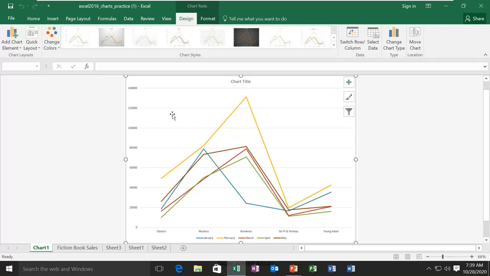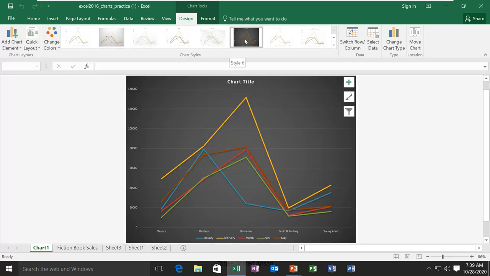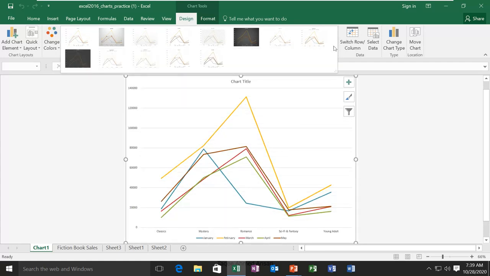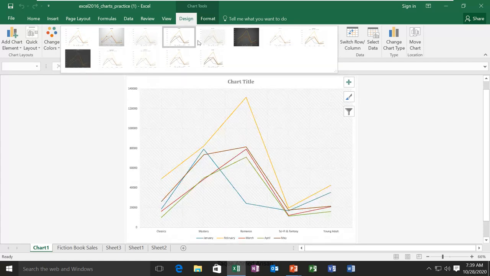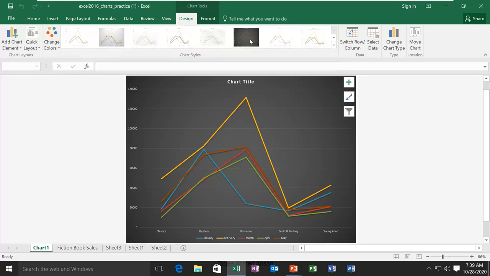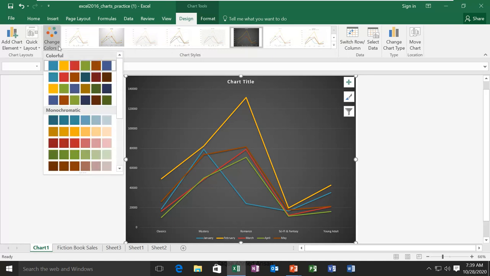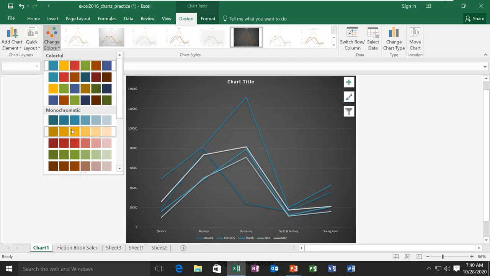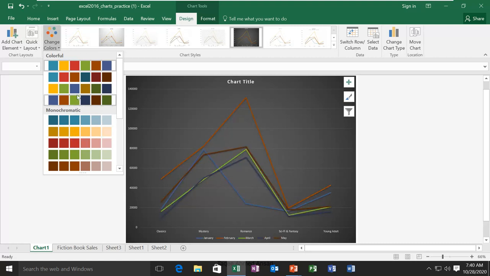There are some other options available that you can use to change the style of your chart. You have these different styles to choose from, and more styles too. You can choose what you like. For example, I like this one. Then you can also change the color theme of the bars. If you see, these bars or lines have a different color theme. If I select these different themes, it changes the theme. So you can choose a different color theme for your bars or lines.